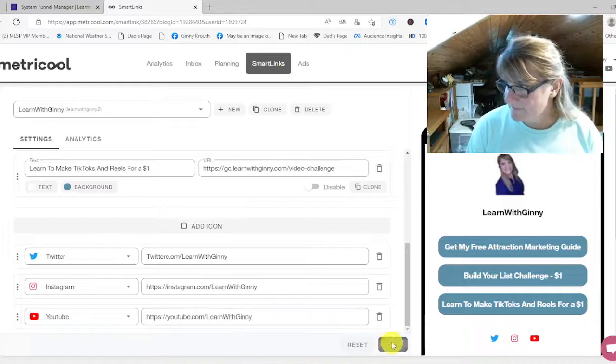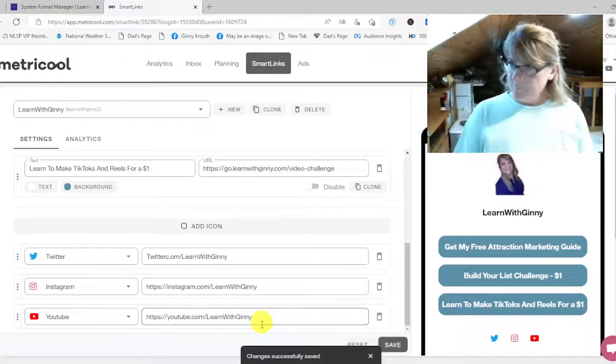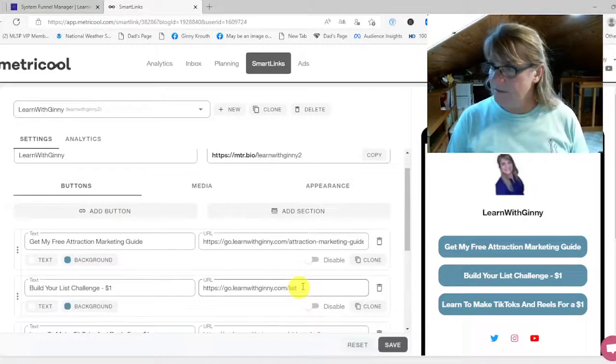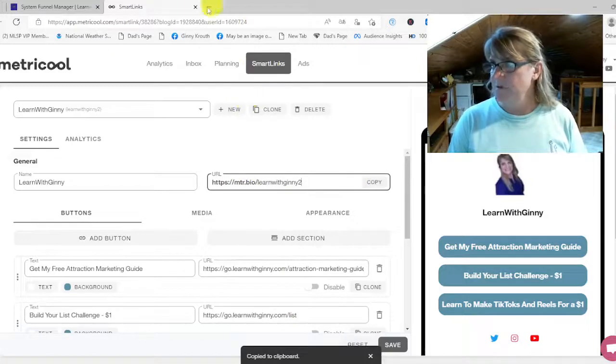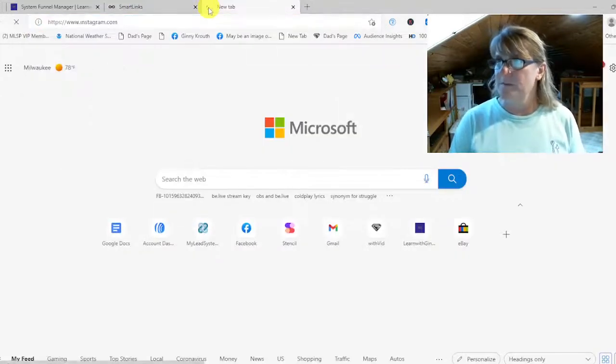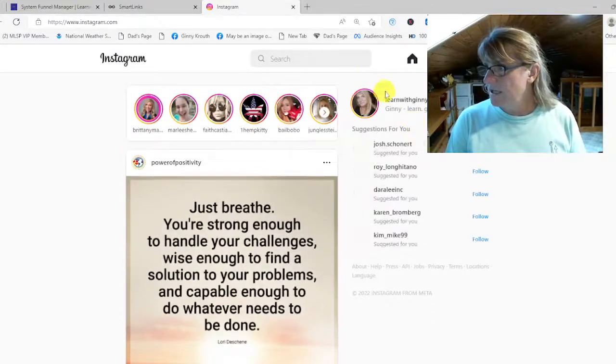And that's it. That's how you easily create a link tree. And it's the link that you gave it up here, which would be this. So you would copy that and you would put it in your profiles. So if I'm on Instagram, for example, and I wanted to change